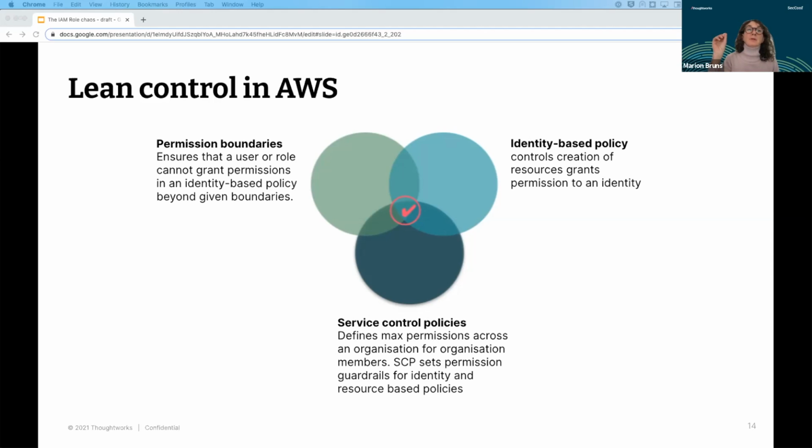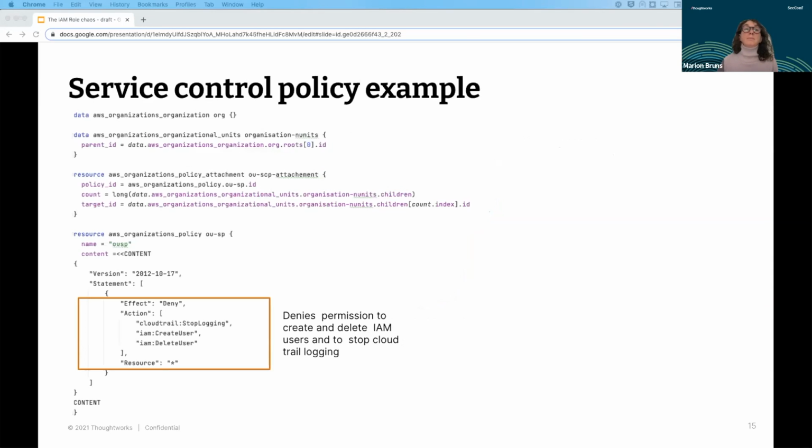So where you have the overlap, this is what at the end a developer or a user can do when you apply permission boundary, service control policies, and identity-based policies. As said, this is an example of a service control policy. It's really a dummy example. These in general look more complex.